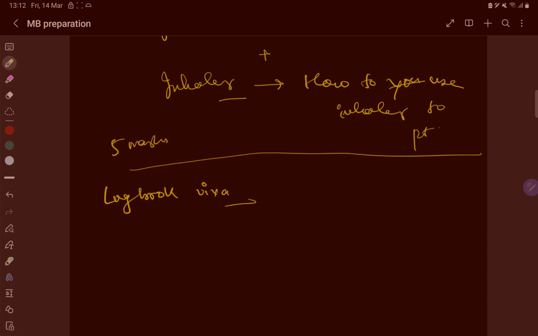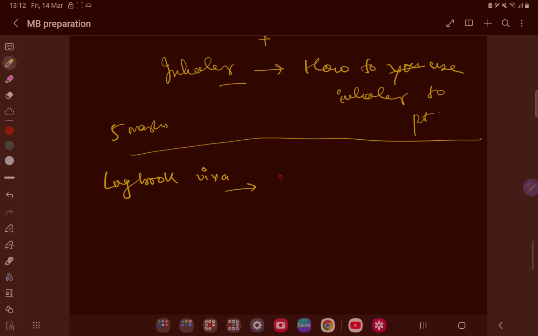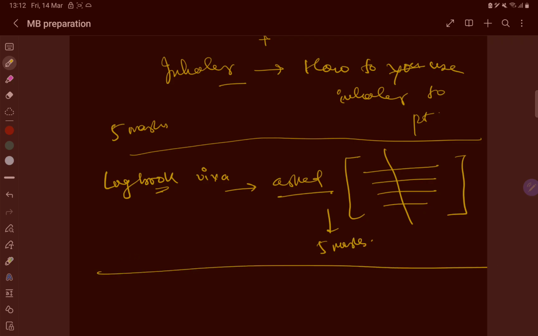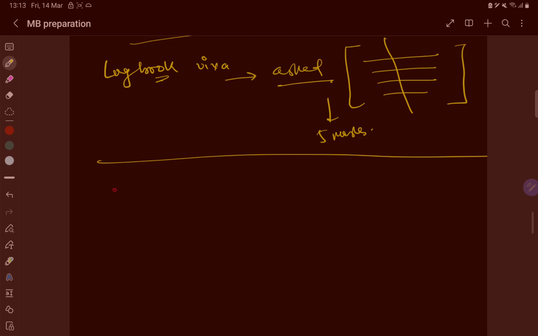In which whatever you have done in the logbook will be asked. Okay, किस तरह से? So suppose you have written your logbook, okay, and all the topics are written over there. Any topic which you have not written, or you have written it wrong, can be evaluated for your 5 marks. So this is the logbook viva, and then comes the final cal,